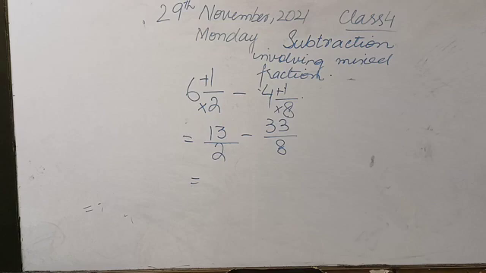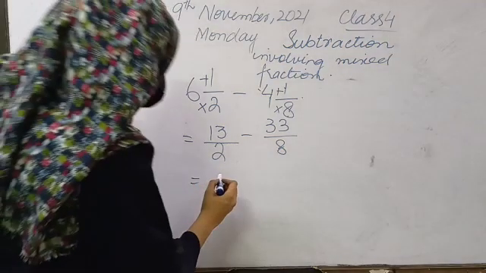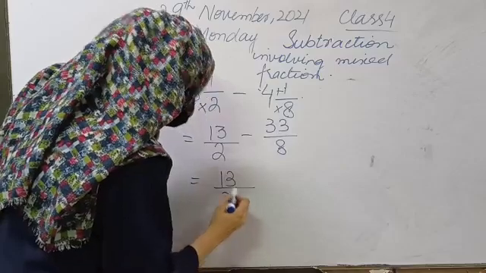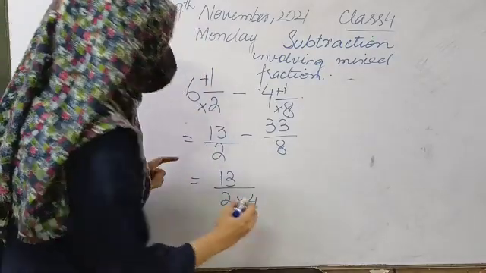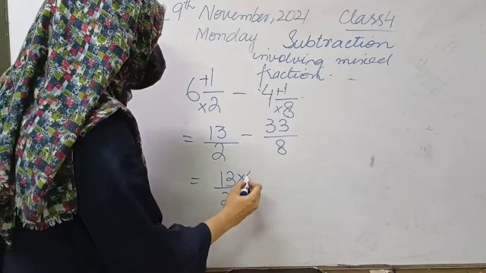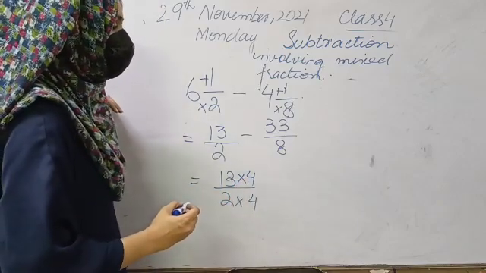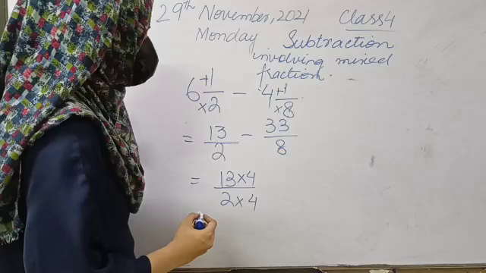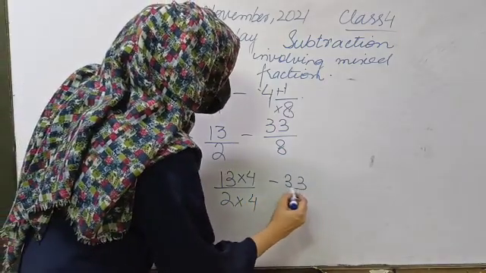Yes, I will choose the smaller denominator. ठीक है? और जो हमारे दूसरे फ्रैक्शन में इन्वॉल्व होगा डिनोमिनेटर, उसको हम बनाएंगे. We will make the other one. So it is very easy to make 2 to 8. We will simply multiply by 4 in the denominator. Now I am going to do it. I will multiply 2 by 4. The same number I will multiply in the numerator because this is the rule of equivalent fractions. ठीक है? Now 33 by 8.